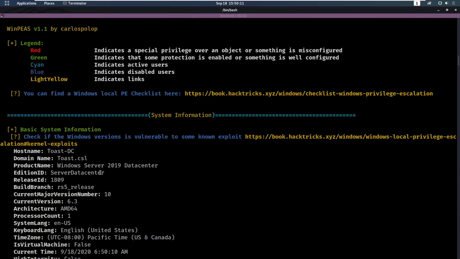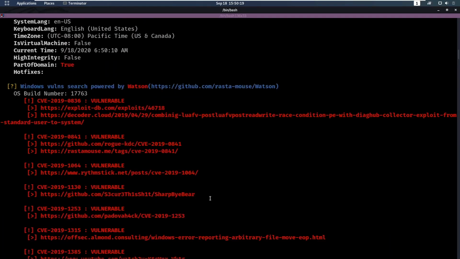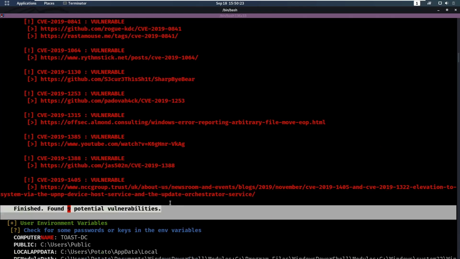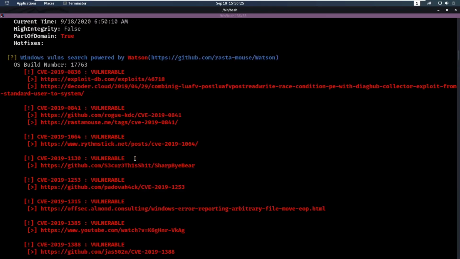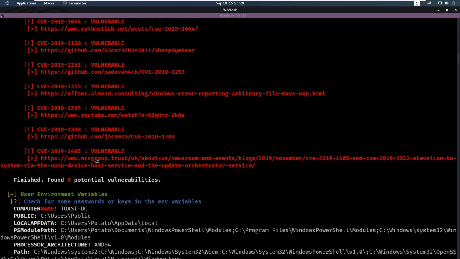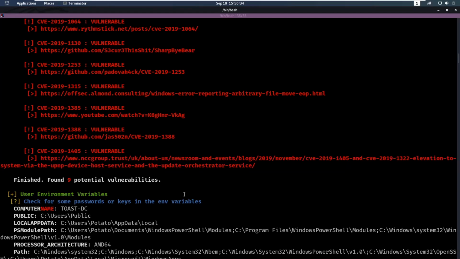So, okay, we see it's part of the domain, so I guess that's the Active Directory domain. We have a lot of vulnerabilities because this box hasn't been patched in a while, and some of these might actually be vulnerable, but that's something that you can look into. I know for a fact that this one is vulnerable later, but